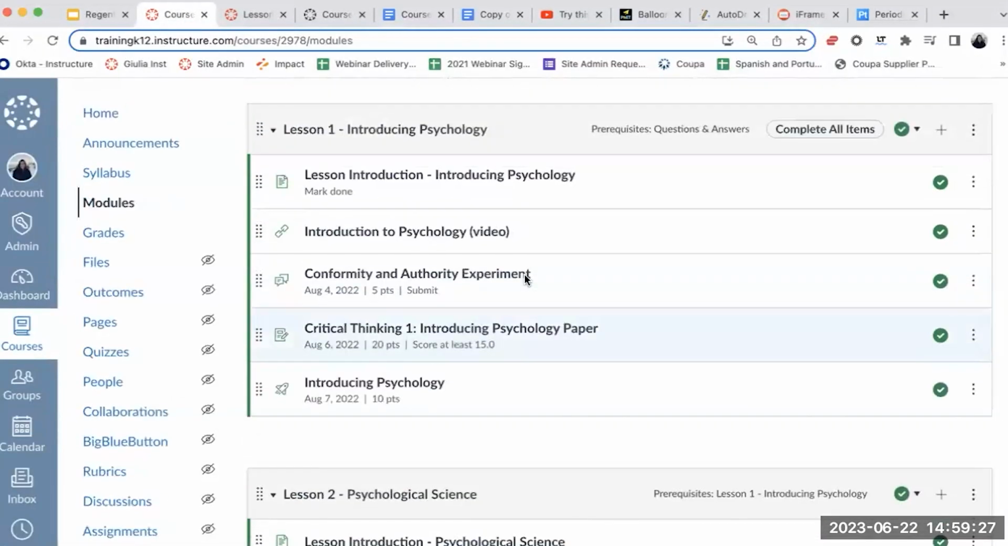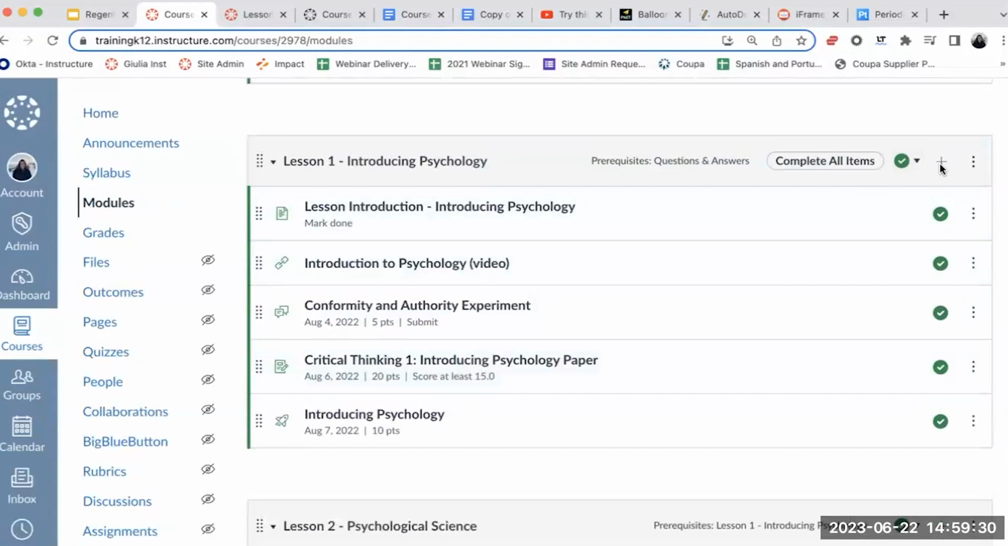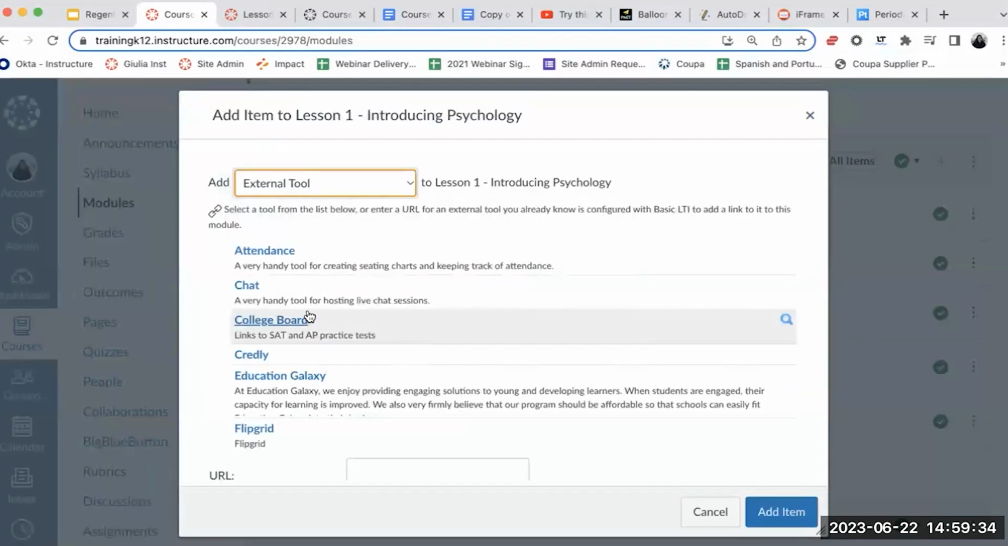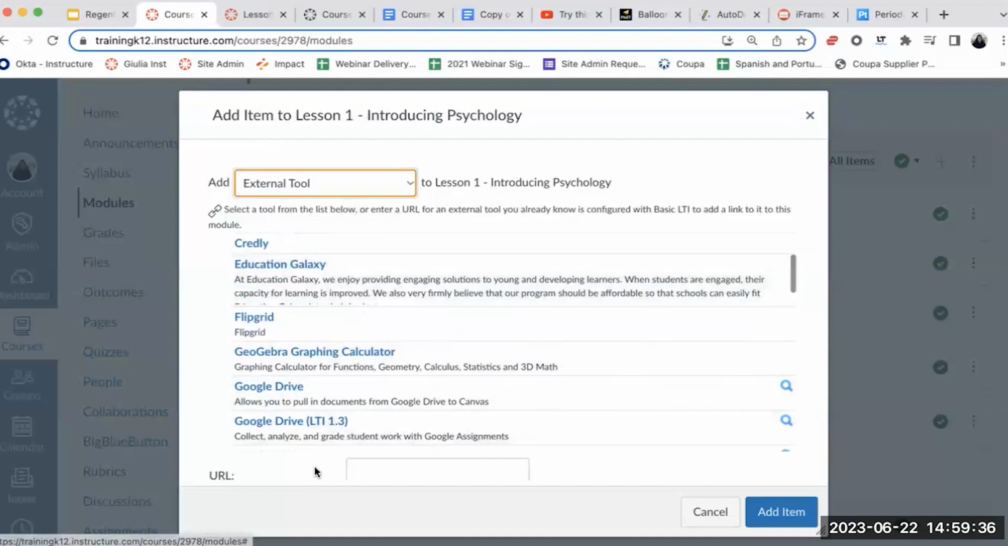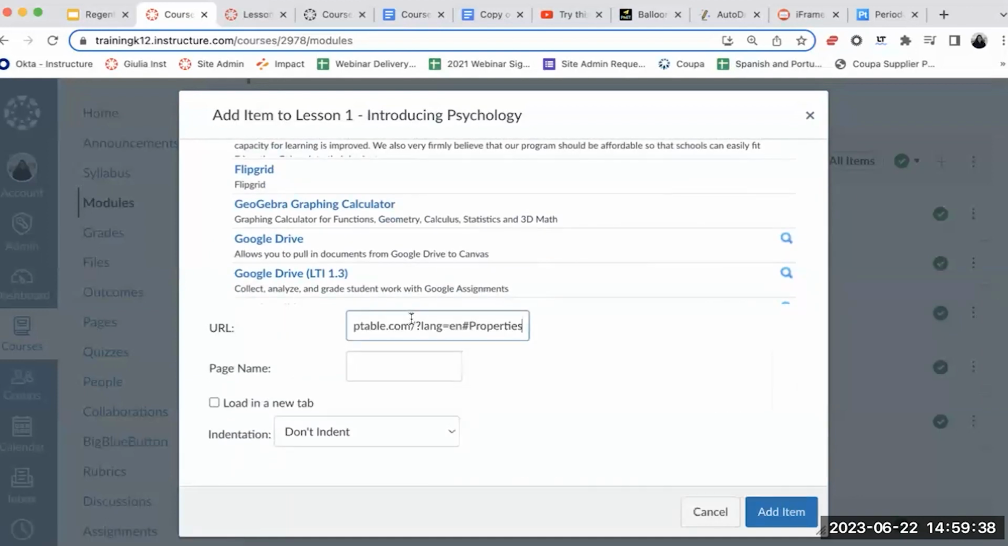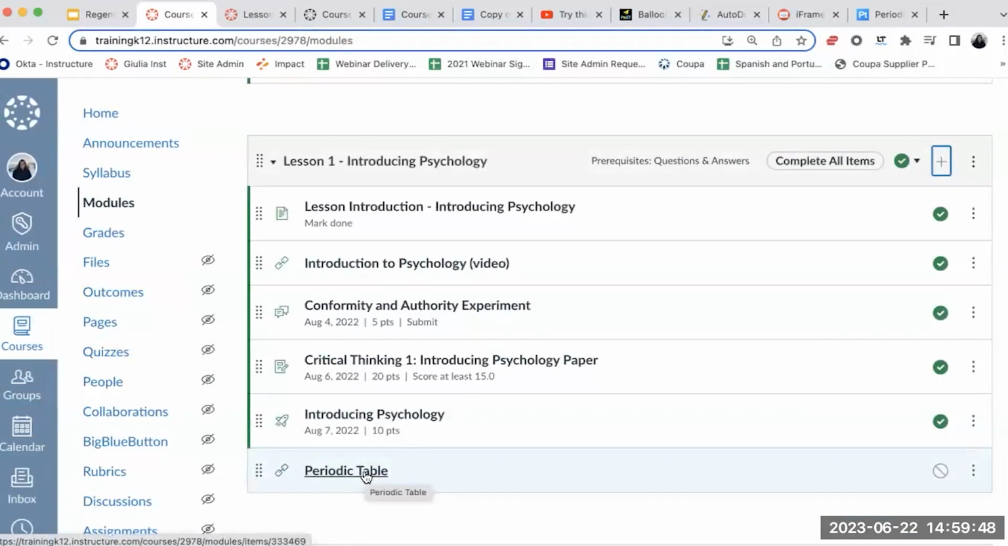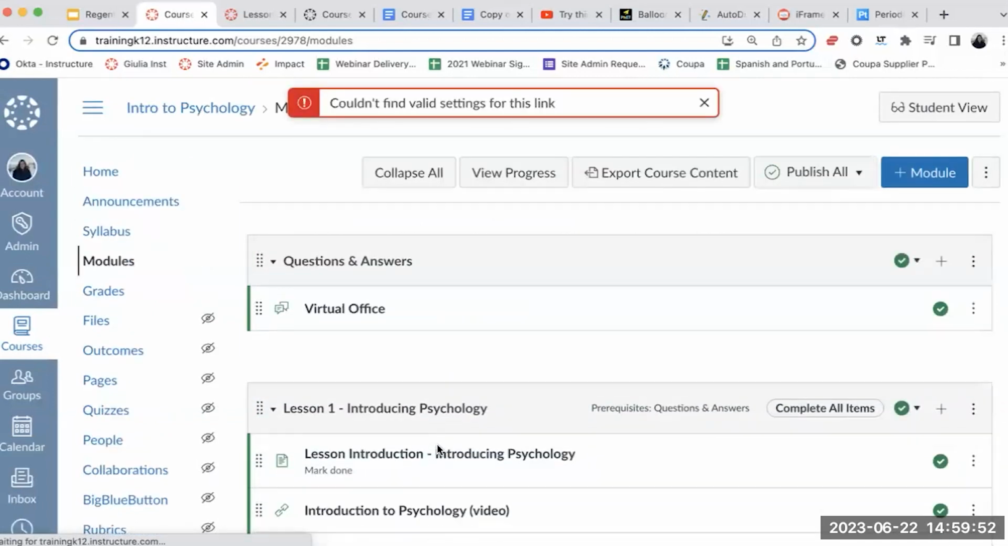As I go into my modules, I can add an item to that module, use the external tool option, and simply paste the URL. And I can say periodic table. Go ahead and do add item. And when my students come right here and they open this item,